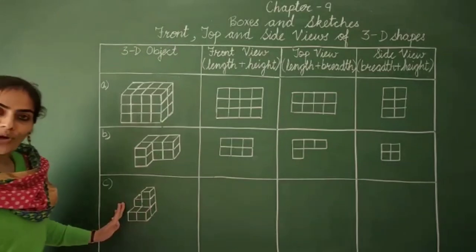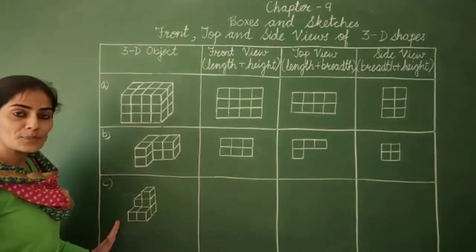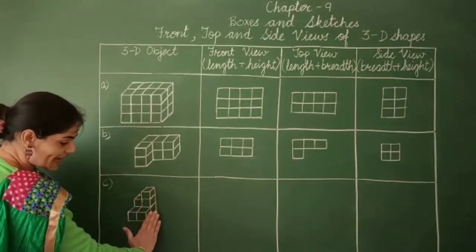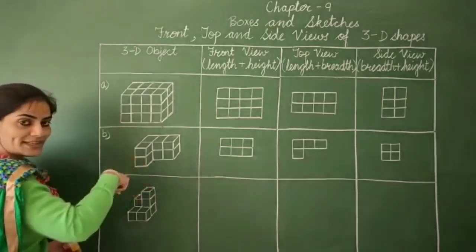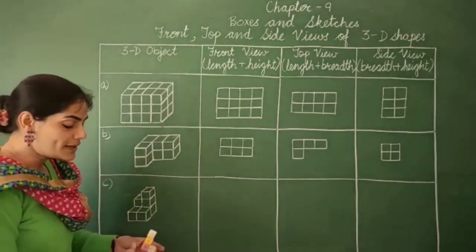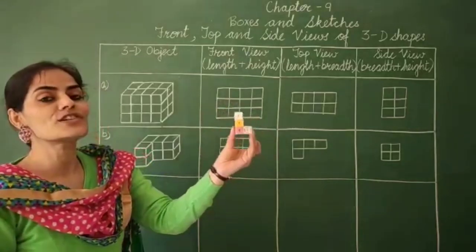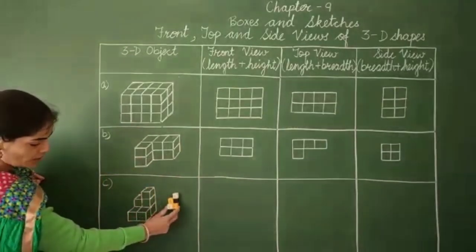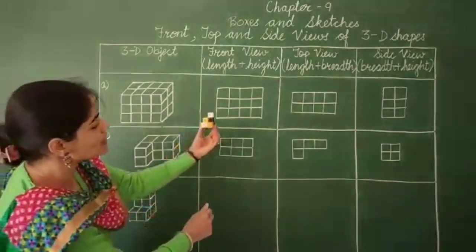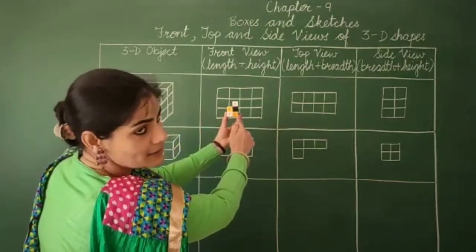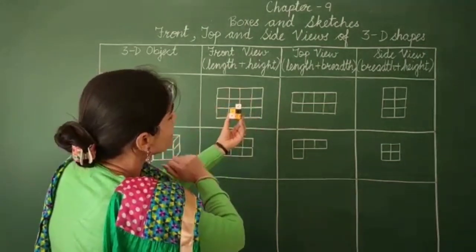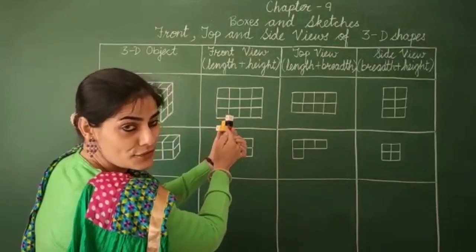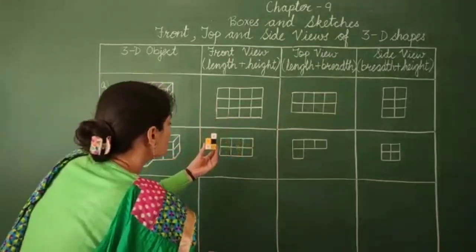This is the third solid shape, everyone, and the way it is presented. So this becomes the front view, this will be the side view, and this is going to be the top view, everyone. So let me show you the same solid shape which is made with the help of Jodo cubes. Am I right? So this is how it is. Now in the front, what are you able to see? You are able to see the length, you are able to see the height, but you won't be able to see the breadth. So we won't be able to see this difference also in the breadth. Clear, everyone? So let's draw